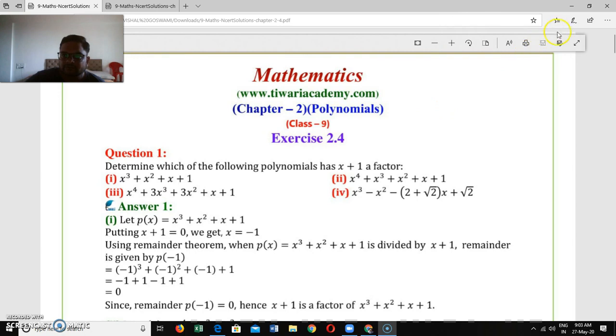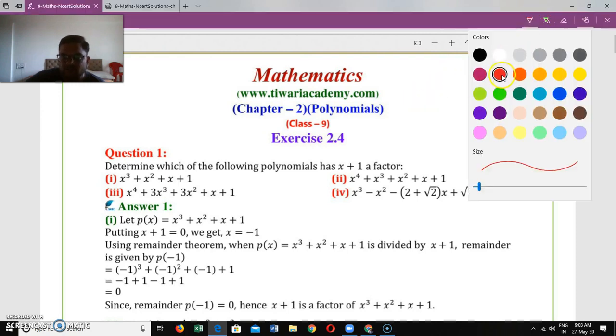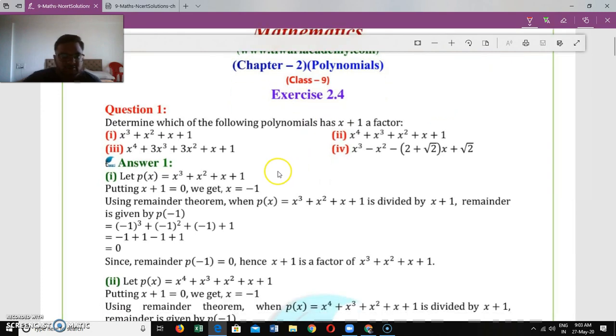Let's start with the first questions. We already did these questions in the teaching class, but I thought let me take one again in the revision class. So let me take the pen and we'll go with a few questions as revision. I'll not go with all the questions. Out of all the main questions, I'll go with sub questions 1 and 2.